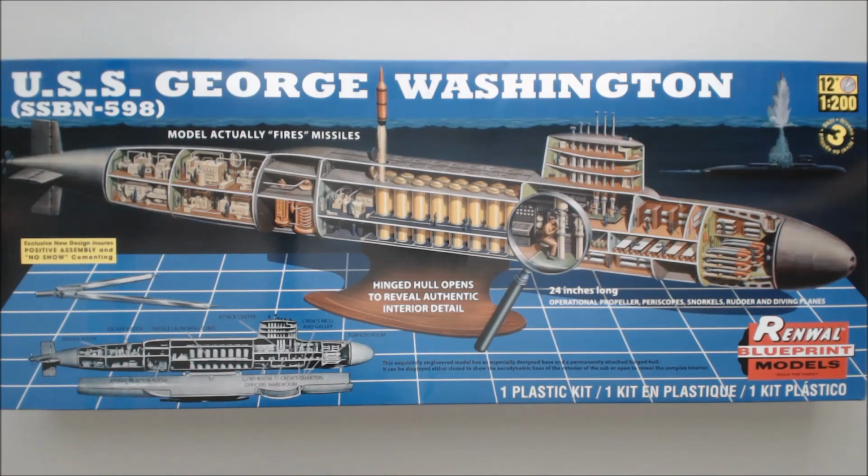This is a nostalgic look back at a re-release of a kit from Revell that was originally put out by Renewal Blueprint Models. Many of us, probably older modelers, have built this kit when we were kids. I certainly did. It's the U.S.S. George Washington